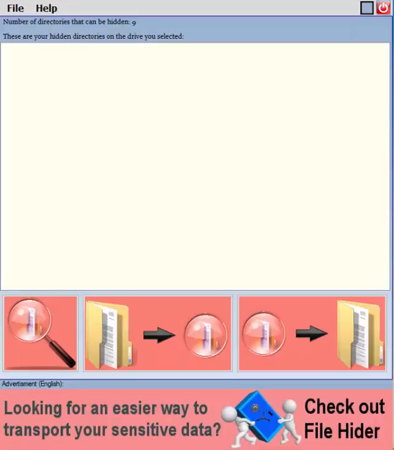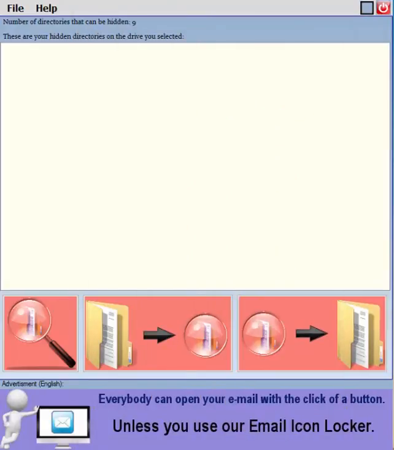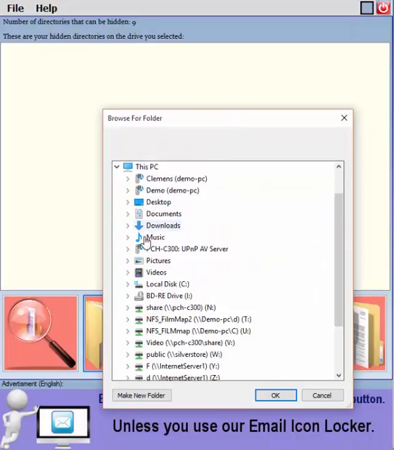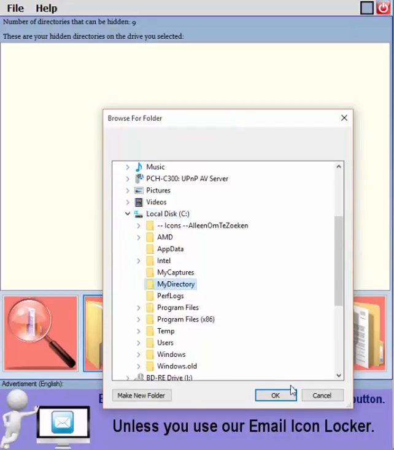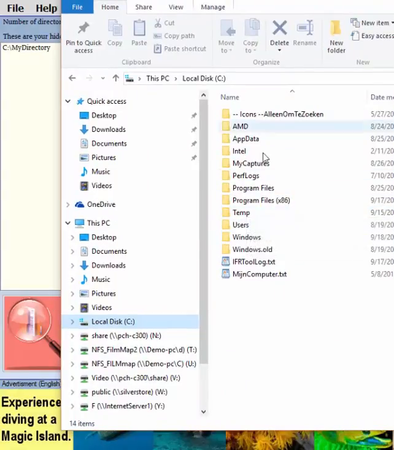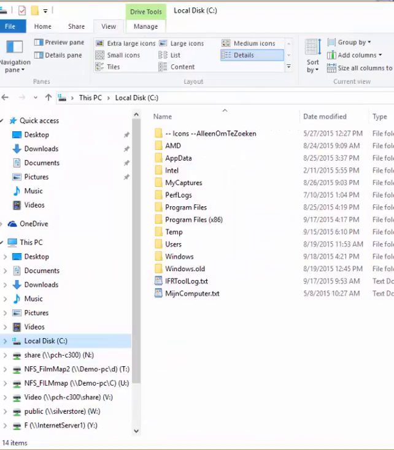We start Windows File Explorer. Here we have my directory. As you can see, it is not hidden. We will change this now. And as you can see, my directory is no longer visible. How can we cheat? Well, let's go to View,